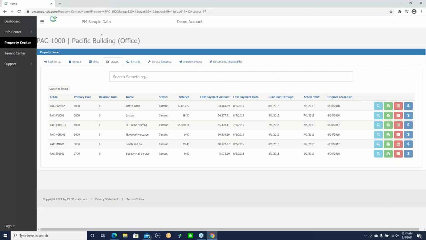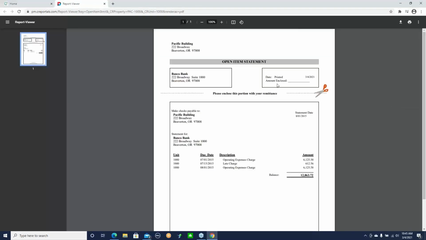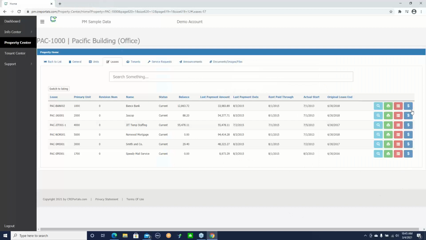Okay, close this. And then if I come here, I could get an open item report. So this is kind of neat because we could actually have this here. This is like an open item statement. If you wanted, right from here, you could save this, or actually when we get into the next section, Keith is going to show you how you can send this directly to a tenant in the tenant management area. So I'll leave that for him. But this is an open item statement for that tenant. You can print it right from here, then fire it off right from here to your tenant. And then this here, if I click on this,